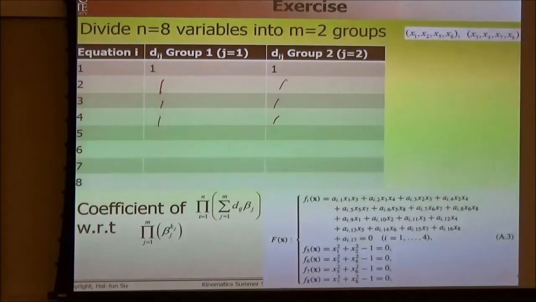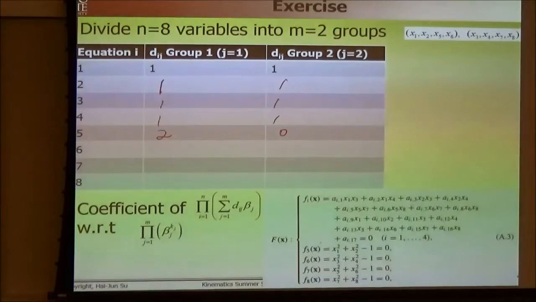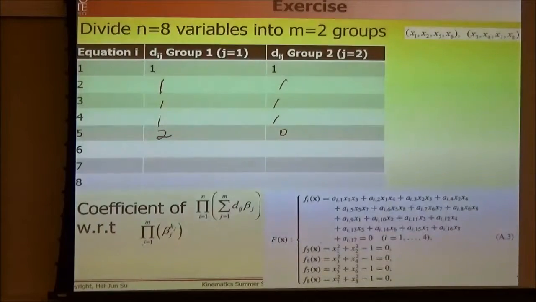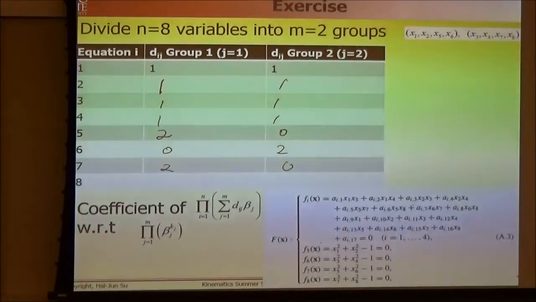So this is 2, 0, and the sixth has x3 and x4, so I have 0, 2, and the seventh one is x5 and x6, that's 2, 0, and the eighth, x7 and x8, so 0, 2. So I get this, and then I